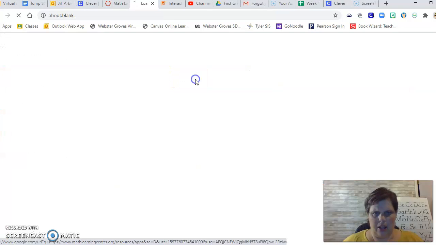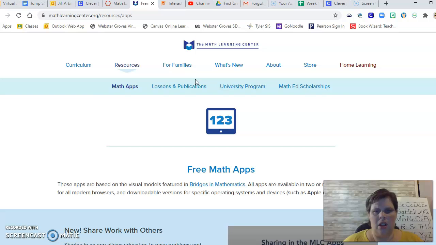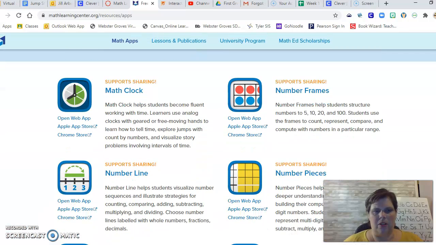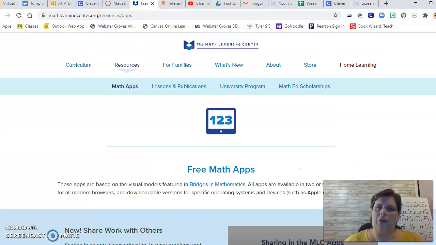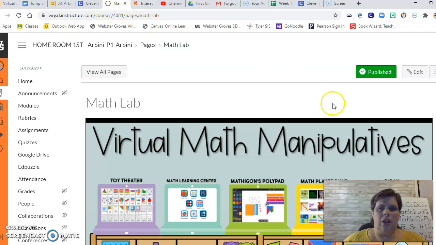There's also some computers here at the top. These are fine to click on as well. They are just other math learning opportunities. So there's a clock and a number line and number frames. So you're welcome to try those out as much as you want. If we go back to our lesson,